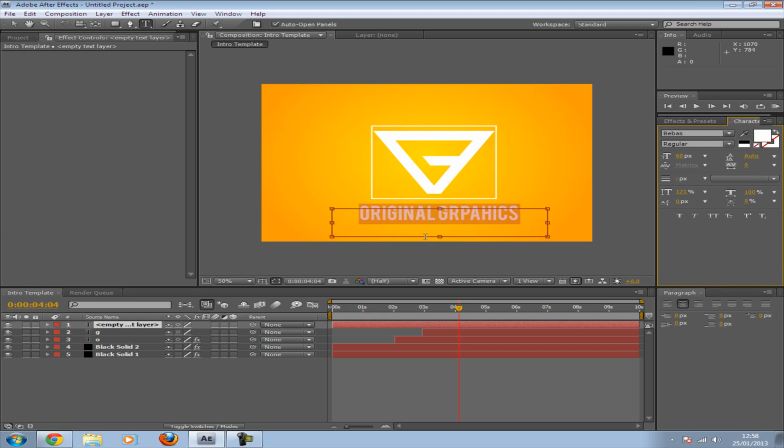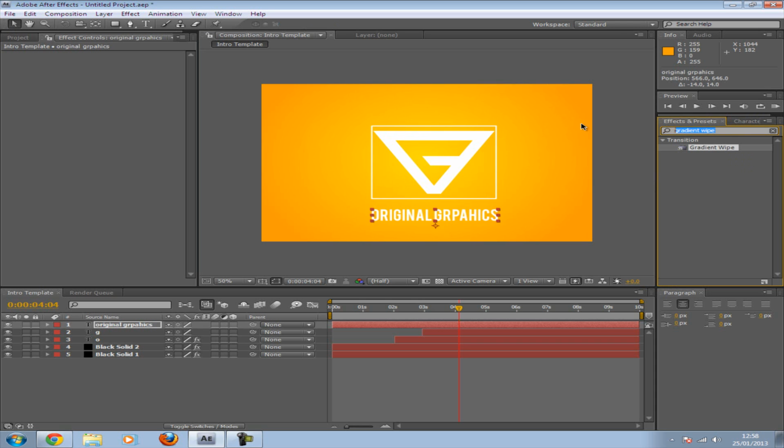Want it a bit smaller, maybe 60, 48. That's fine. I'm just going to move it below the logo. This time we're going to go to effects and presets again, but we're going to type in typewriter. And then I'm going to drag this onto original graphics, and then as you can see, normally it comes out like